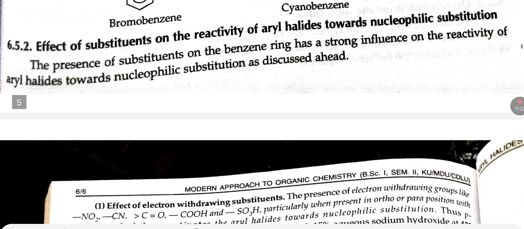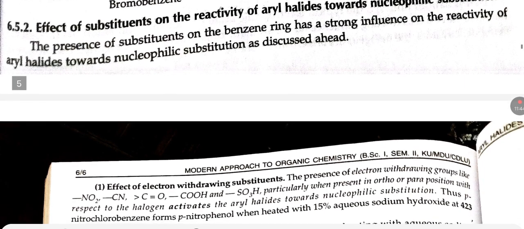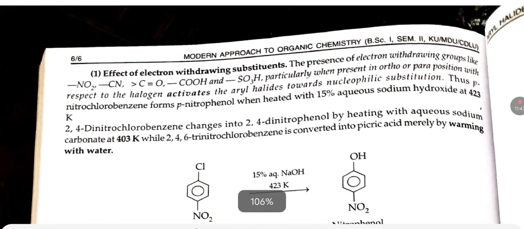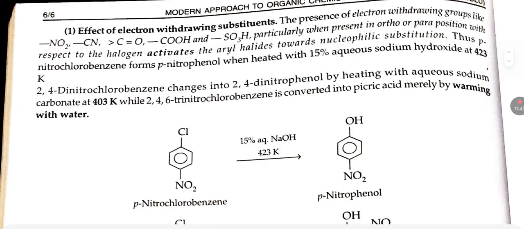Effect of substituents on the reactivity of aryl halides towards nucleophilic substitution. The presence of substituents on the benzene ring has a strong influence on the reactivity of aryl halides toward nucleophilic substitution. Effect of electron withdrawing substituents. The presence of electron withdrawing groups like NO2, CN, CO2R, COOH, SO3H, particularly when present in ortho and/or para position with respect to the halogen, activates the aryl halides towards nucleophilic substitution. The